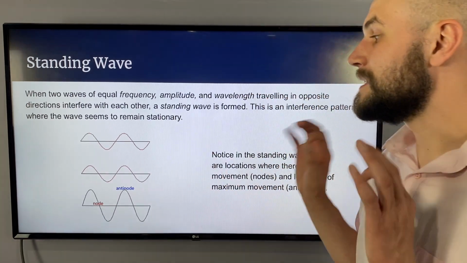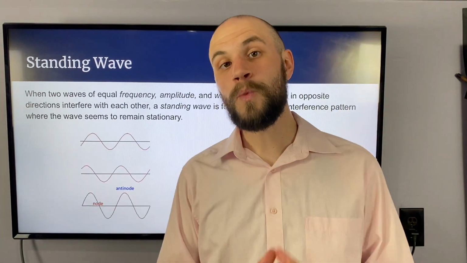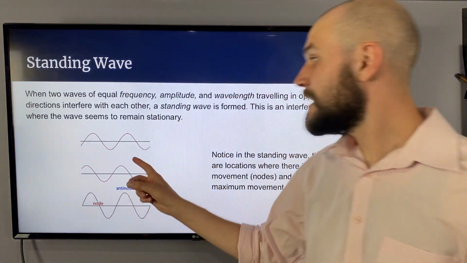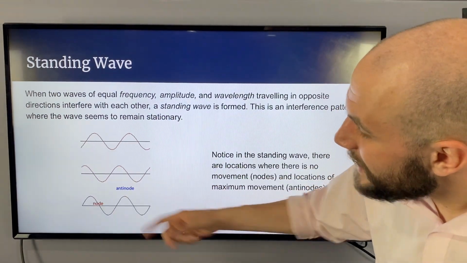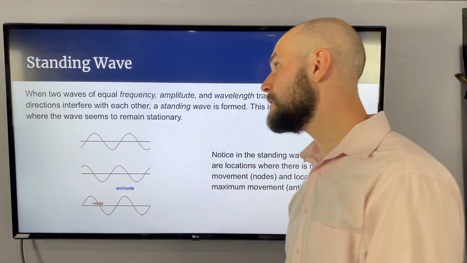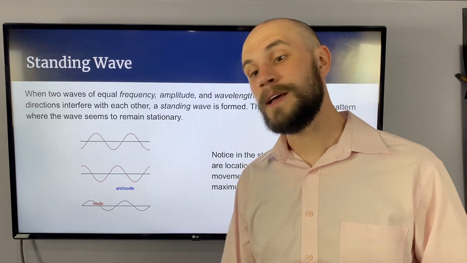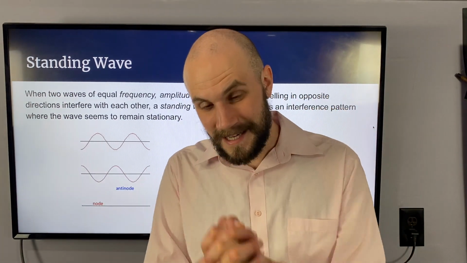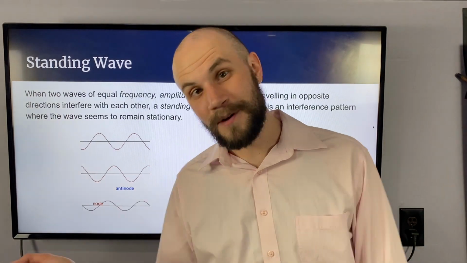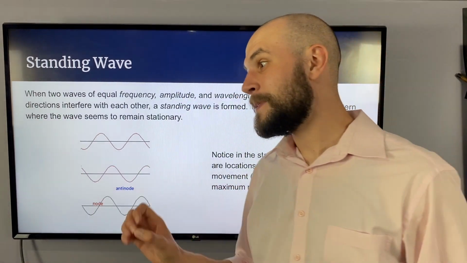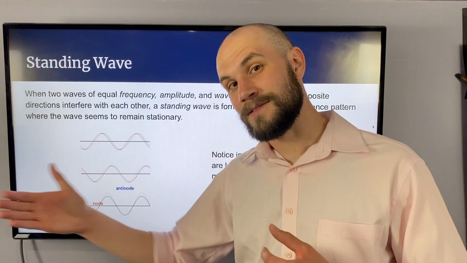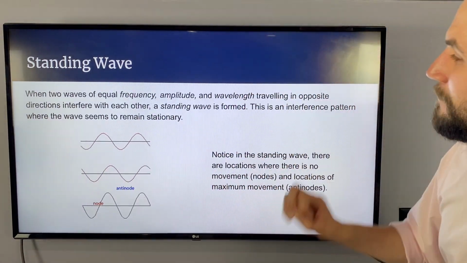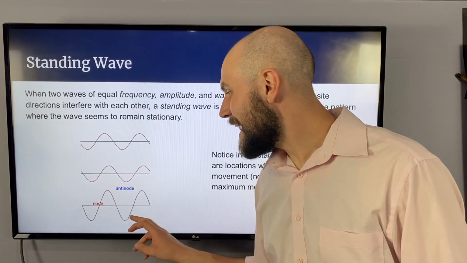Now keep in mind, this is a manifestation of two waves moving through space that are interfering, creating this pattern. They have to have equal frequency, amplitude, and wavelength. If you have a slinky in your house, have someone hold one end of the slinky and you play with the other end. Oscillate that slinky, and if you create reflections that have the same frequency, amplitude, and wavelength, you can get this